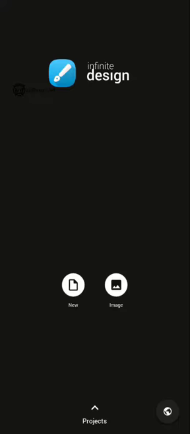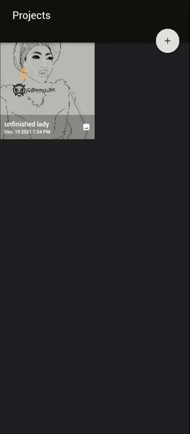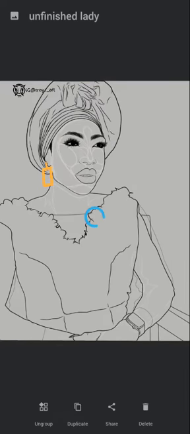Okay, so let's talk about the color tool. In this same work has